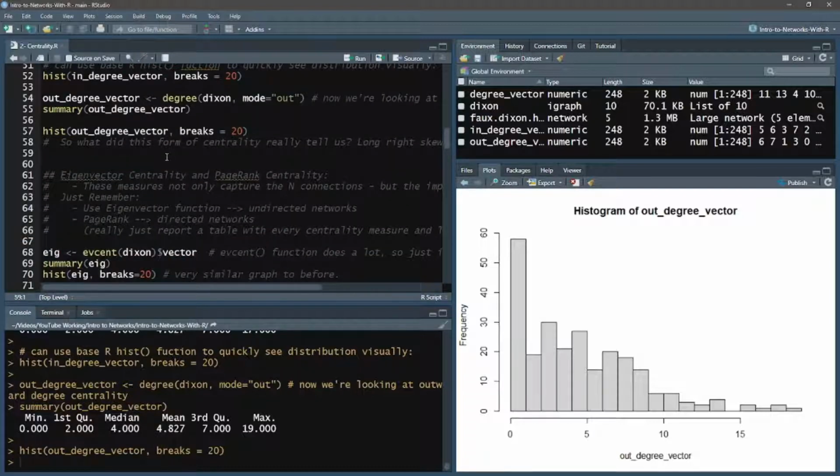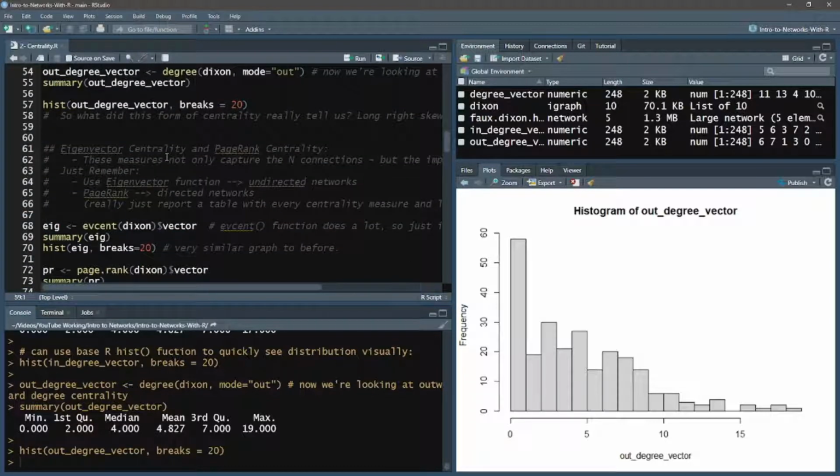But that's not the only form of centrality. There are a lot, and we'll just be going over the main few here. We won't be able to cover every single one of them in excruciating detail, but we're just trying to cover a summary of everything. So next up is eigenvector centrality and PageRank centrality.